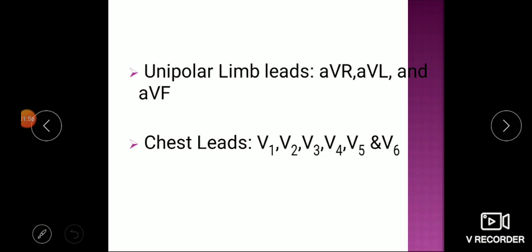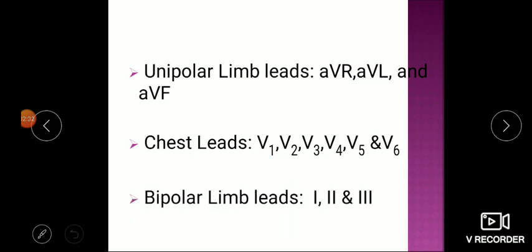Now these are the 12 different leads which are used to record the ECG. In this, there are 9 unipolar leads. Out of these are the 3 limb leads, AVR, AVL and AVF, which we have seen last time. The different pictures of ECG are recorded from AVR, that is augmented limb lead right side, augmented limb lead left side and augmented lead from the foot. And we record from the chest, 6 different chest leads placed on the chest horizontally, and these 3 bipolar leads, that is 1, 2 and 3.